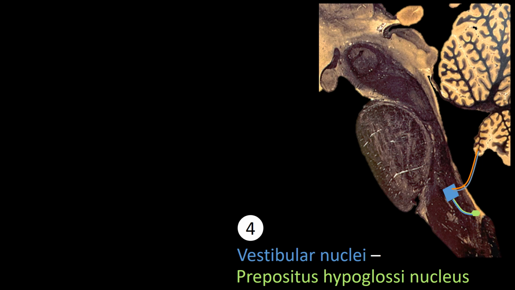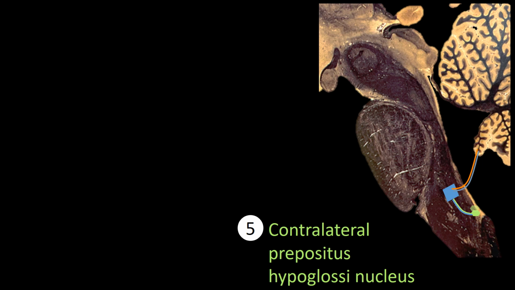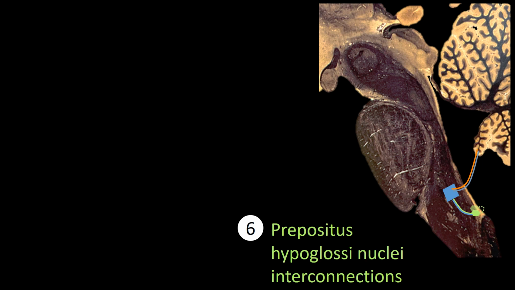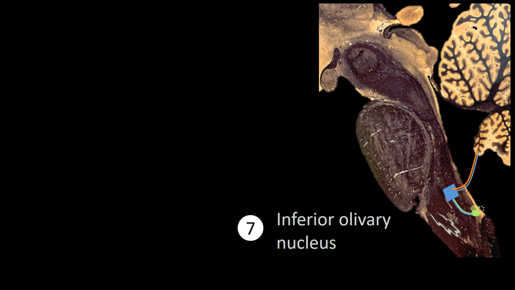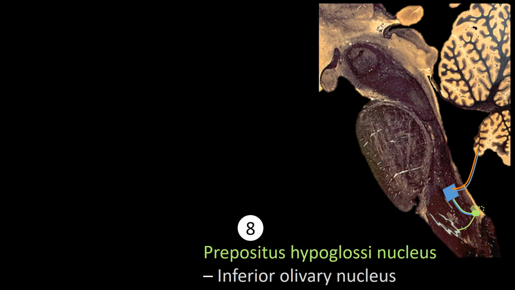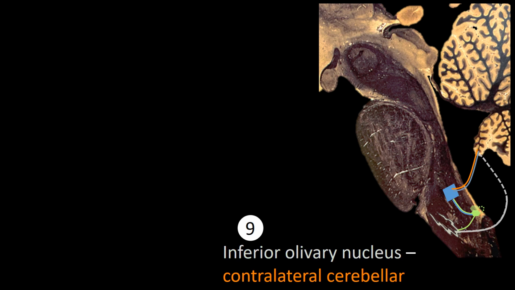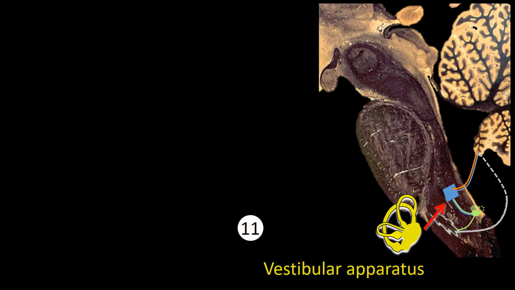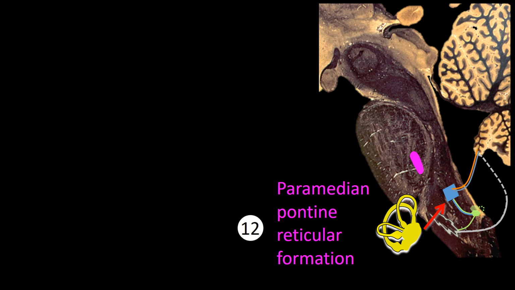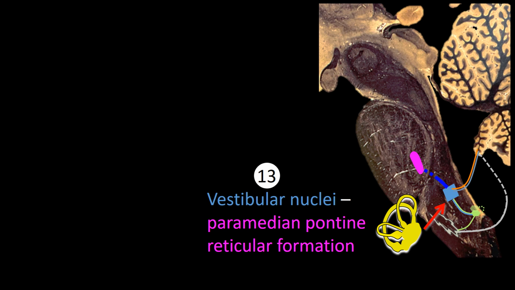The two-way connection between the vestibular nuclei and the prepositus hypoglossi nucleus, the contralateral prepositus hypoglossi nucleus, the prepositus hypoglossi nuclei interconnections, the inferior olivary nucleus, the prepositus hypoglossi connections with the inferior olivary nucleus, the inferior olivary nucleus contralateral cerebellar connections, cranial nerve 8, vestibular apparatus, the paramedian pontine reticular formation, better known as the PPRF, the vestibular nuclei communication with the